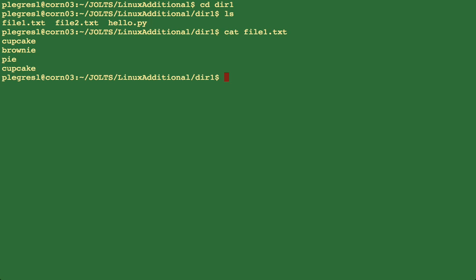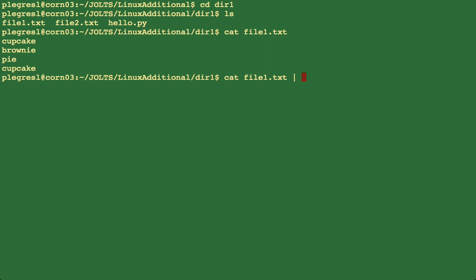So if I just do cat file1.txt, that's basically concatenating or displaying the contents of that file and sending it to my terminal. But I can do some other interesting things to send it to other programs. So here I'm doing cat file1.txt and then a space and the vertical line, which you get by pressing shift and a backslash, which on an American keyboard is on your far right above the enter key. And this tells it to redirect or pipe the standard output of cat file1.txt